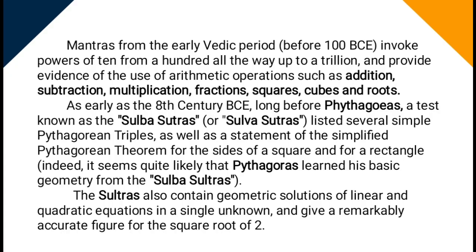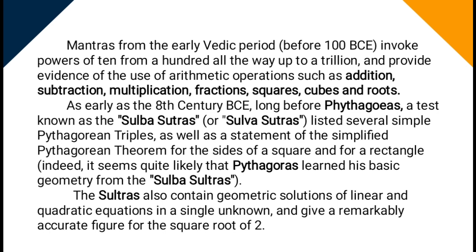Mantras from the early Vedic period before 100 BCE invoke powers of 10 from 100 all the way up to a trillion, and provide evidence of the use of arithmetic operations such as addition, subtraction, multiplication, fractions, squares, cubes, and roots. As early as the 8th century BCE, long before Pythagoras, a text known as the Sulva Sutras